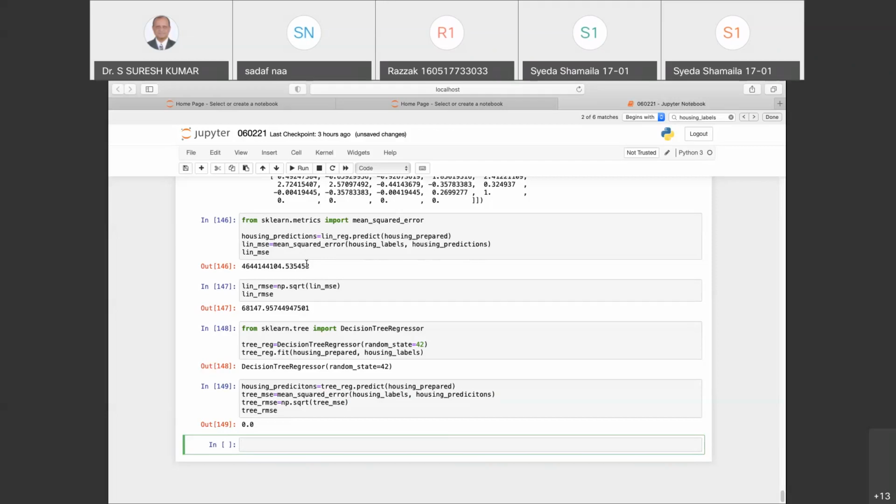Maybe we don't have any error. The values are the same. No, this means that what you're getting is either a very, very ideal model, or it can mean that the model is extremely overfitting the data. It can either be an ideal model or it can be really overfitting the data.